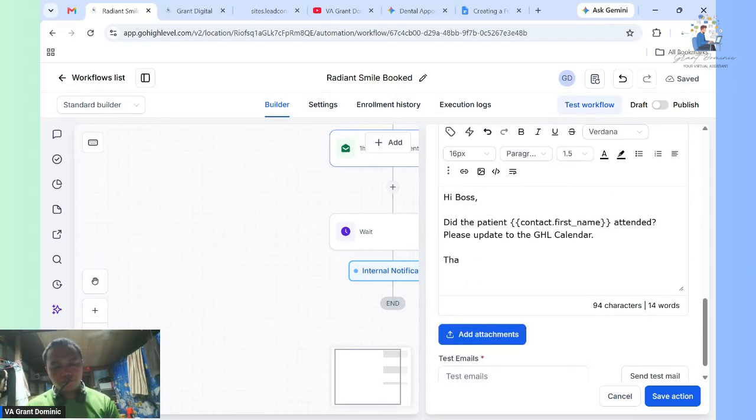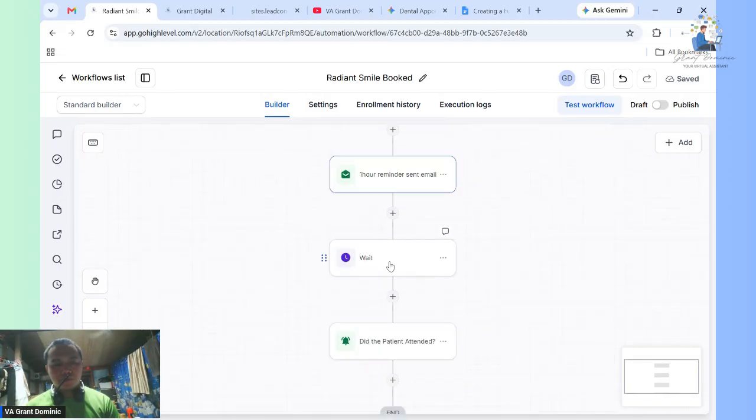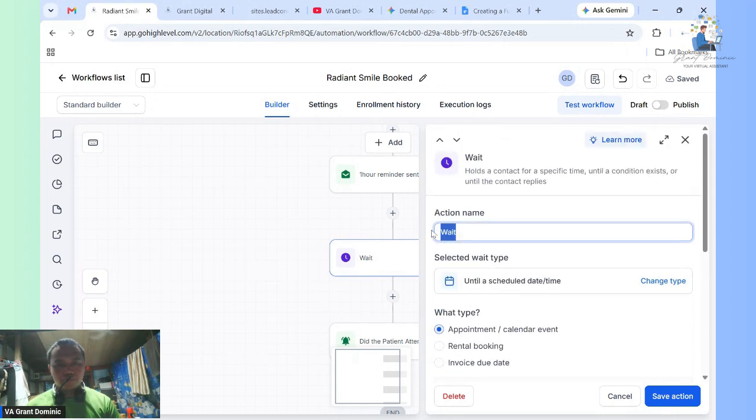Thank you. Save action. So confirming if the patient attended, doctor side, doctor POV. Save action.